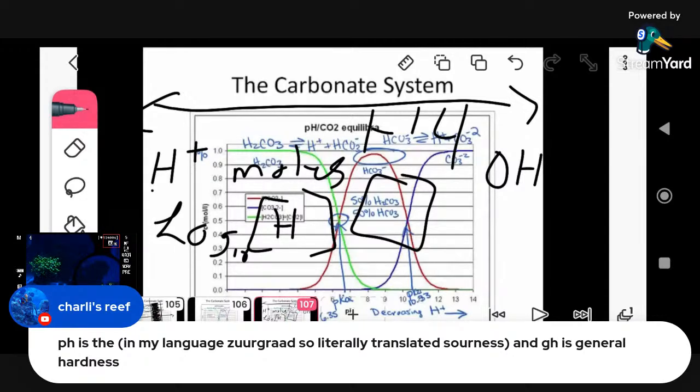You take the log base concentration of H3O. Some people are going to hate me for saying that, because yeah, H3O is what really happens in nature. But anyways, you take the log base concentration of H plus, or hydrogen in the water. That's the easiest way I'm able to explain it.